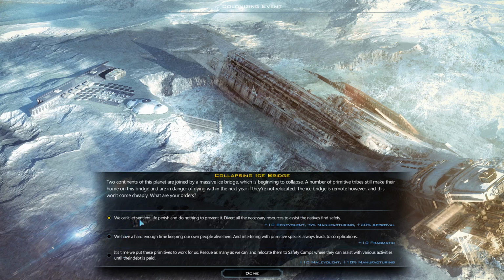We can't let the sentient life perish and do nothing to prevent it. Divert all the necessary resources to assist the natives find safety. So that will give us more approval, which is nice, though it will cost us manufacturing. We've had a hard enough time keeping our own people alive. Here, interfering with the primitive species always leads to complications. So basically, yeah, we don't waste resources, we're just gonna focus on our own stuff, which is just gonna give